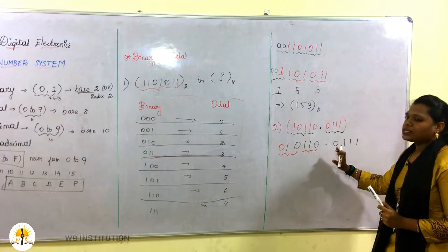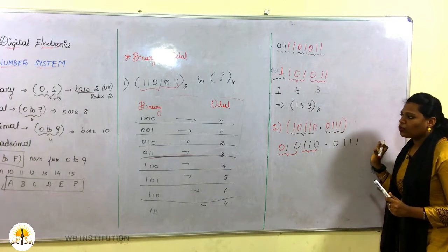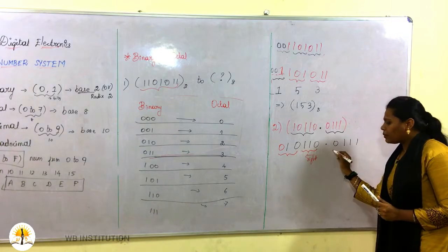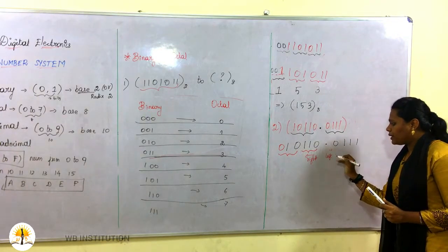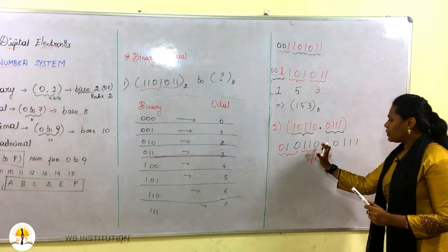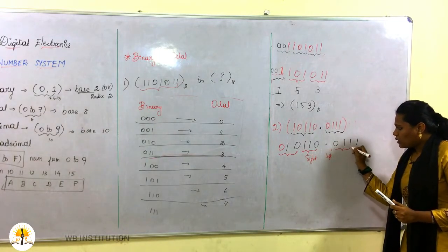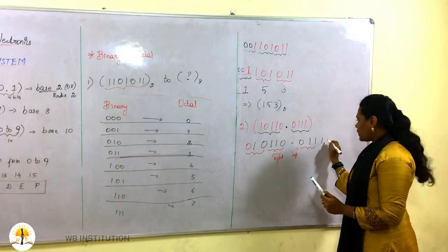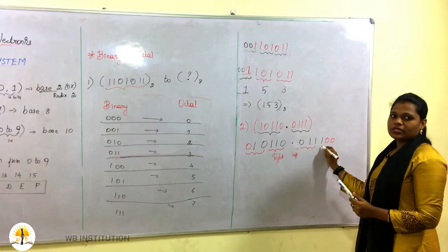So coming to the bits after the decimal point. What are we doing? You are splitting from the right side, but in this step you need to split from the left. So remember, many people make mistakes in this step only. You need to split from the left side. So this one is a 3-bit group, and here how many digits are missing? 2 digits. I am adding those.